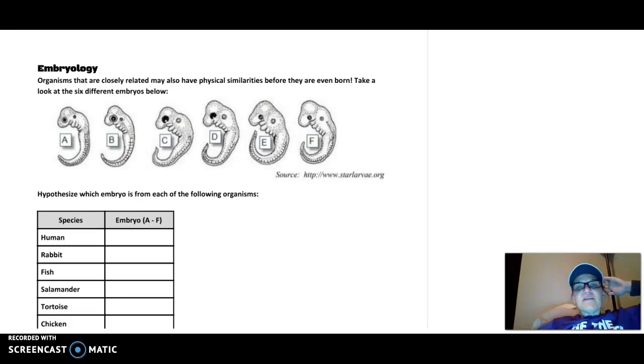In this activity, you are going to predict. You do not have to be correct here. You're going to guess which one is which. I really miss not being able to do this activity in class because this is one of my favorite activities